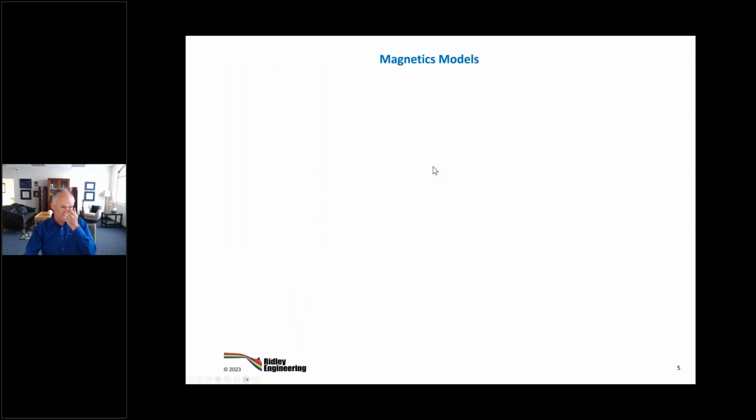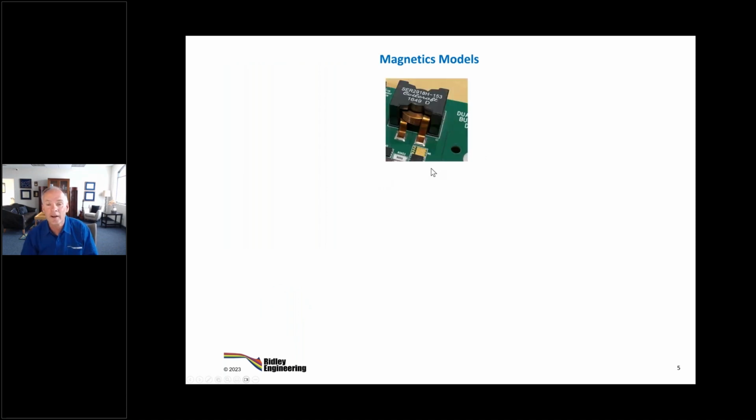Semiconductors are quite complex. Magnetics really aren't. So here's an example of a Coilcraft inductor. This is the one we're going to be digging into in this webinar. And the reason we chose this particular one, you can see this circuit board here. It's had the magnetics removed, but this is like a 1 kilowatt converter. And here's the magnetic that goes on it. And there's 2 of these on the circuit board. We've pulled them off to dissect them and do some analysis on them.